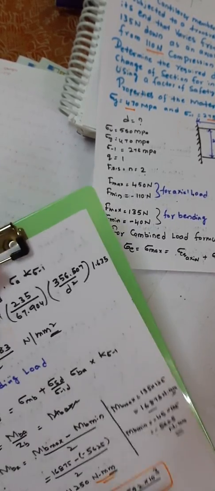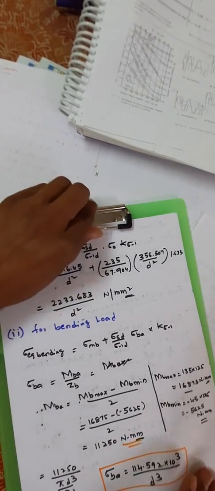Next, what we need to do? We need to find out sigma BM. What is the formula? Sigma BM is equal to MBM divided by ZB. What is MBM? MBM is equal to MB max plus MB minimum divided by 2. If you substitute the values into this equation,